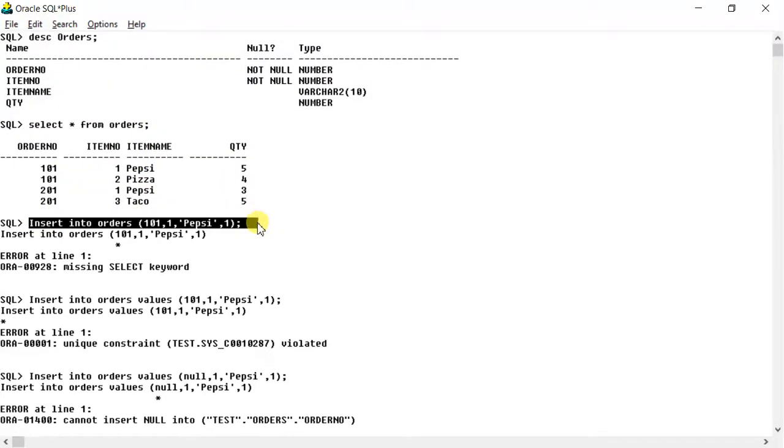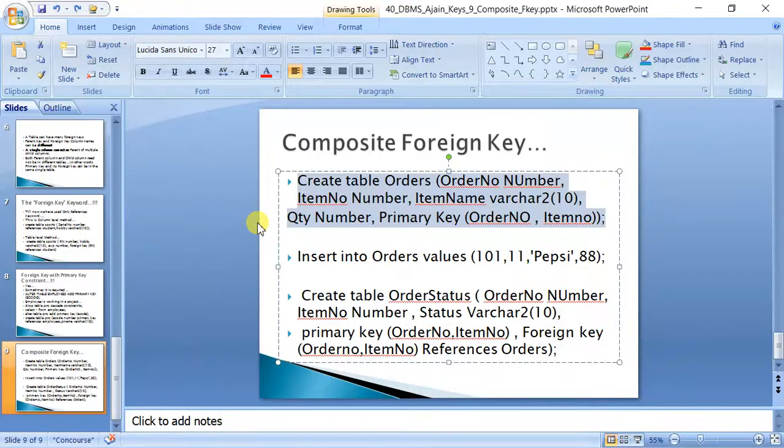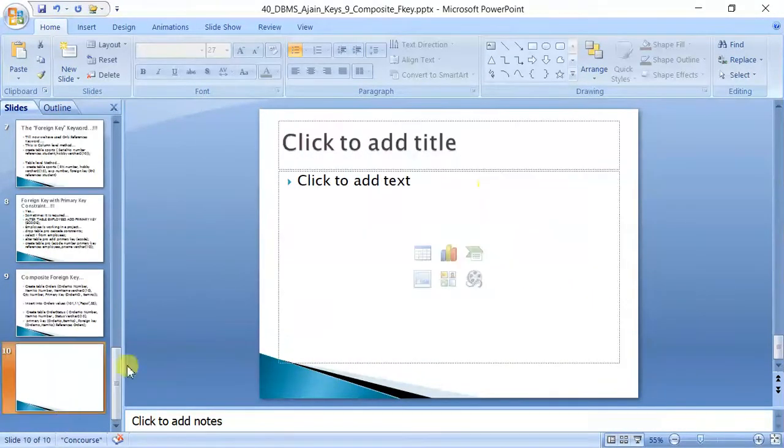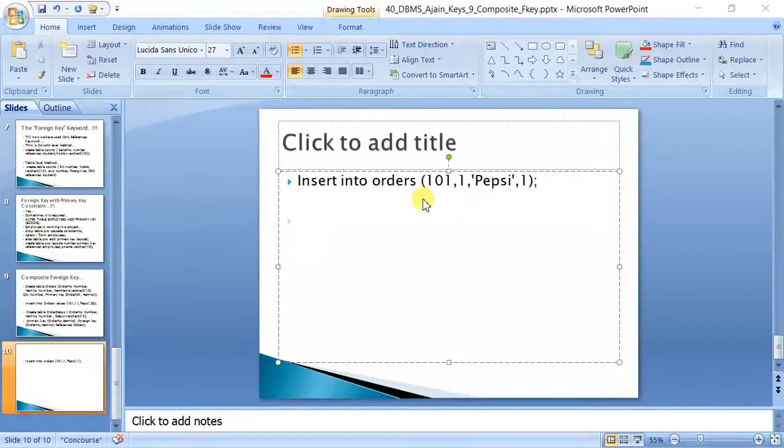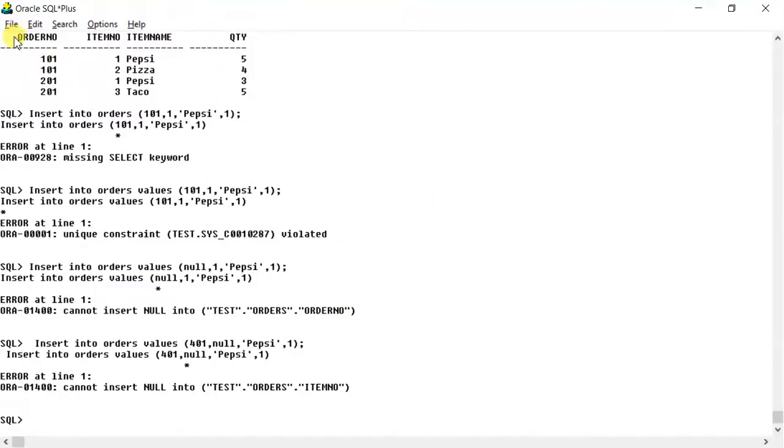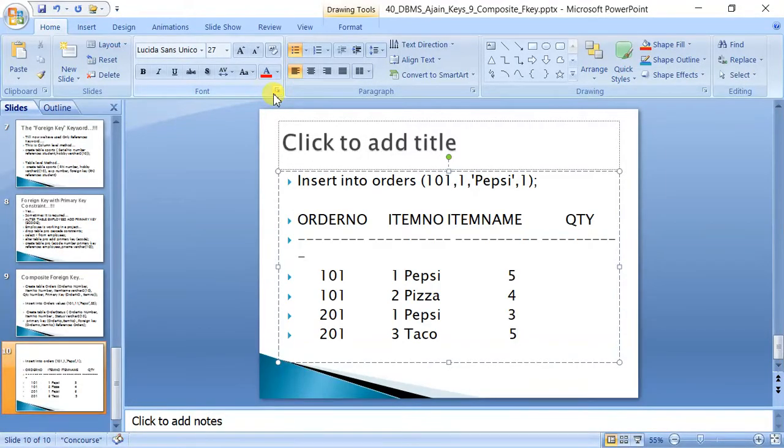Okay, let us see the same concept ahead. Let me copy these things into the presentation so that later on we can use them.